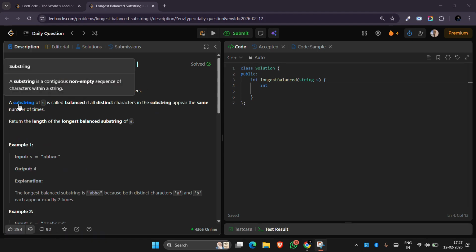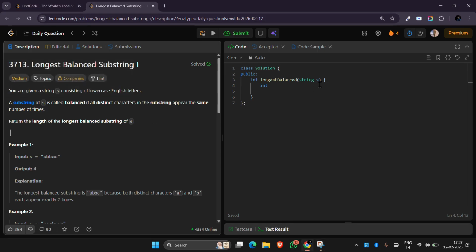I'll check each substring. If it is valid, I'll count it in my answer. Otherwise, I won't count it. Okay, so let me show you. First, I'll